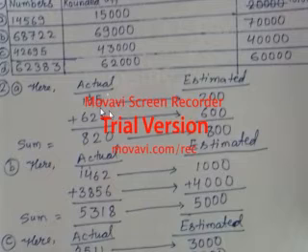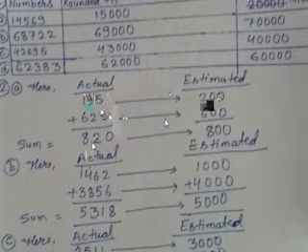If you see the actual addition, 5 plus 5 is 10, carry 1, 9 plus 2 is 11, plus 1 is 12, carry 1, then 1 plus 6 is 7, so it becomes 820. But when we see its estimated addition, 195 is rounded to the nearest 100. There is 9, so 1 will be added, and it will become 200. Here in the tens place is 2, so nothing will be added and it will become 600. And 600 plus 200 is 800. Now you can see here the actual is greater than the estimated.